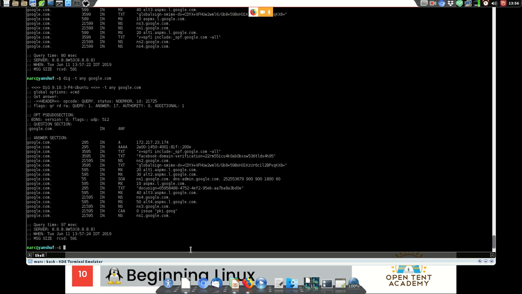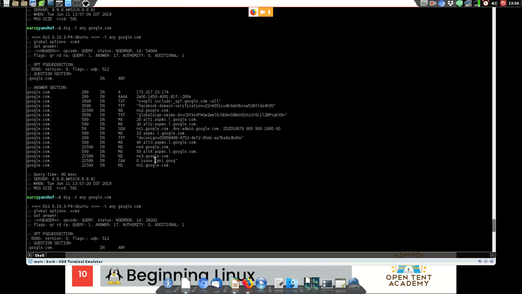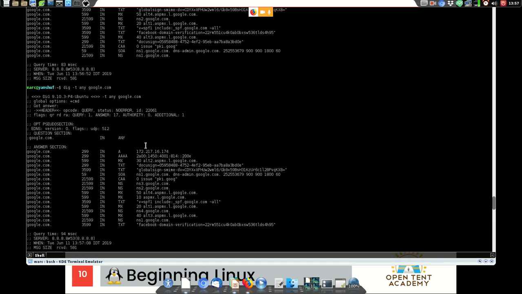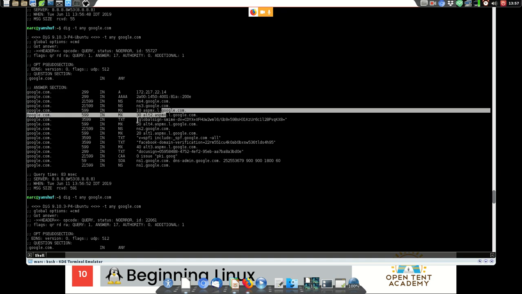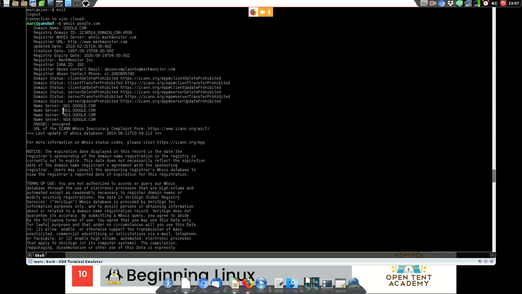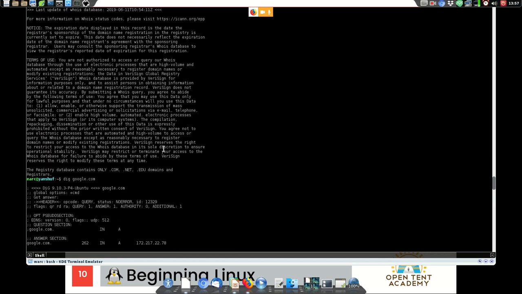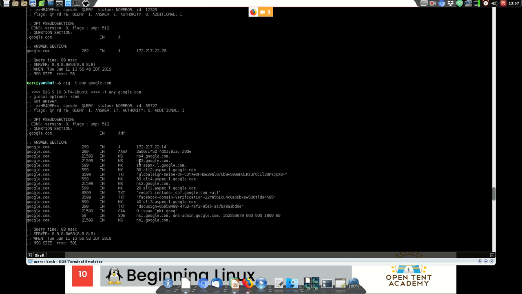Okay, fine. So what happens is that when we type in google.com, your computer says, do I know where google.com is? Yes, no. If it doesn't have a record of it, it goes to the next in the server, the DNS name server list, and it requests the information. And the information says, oh yeah, I know where it is. It's at ns1.google.com. So then your request gets rerouted to ns1.google.com.